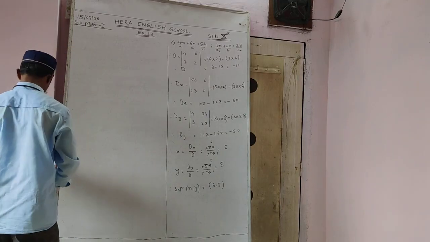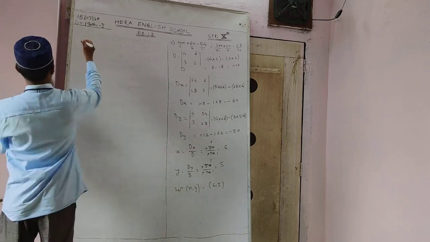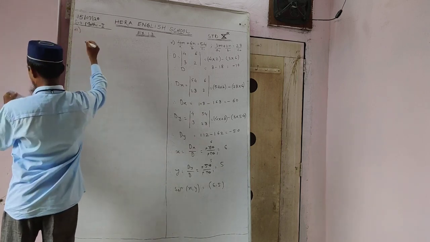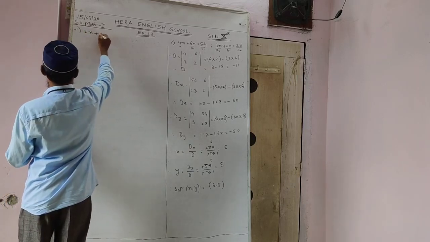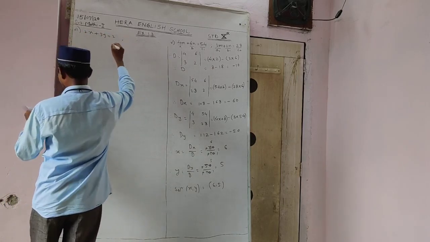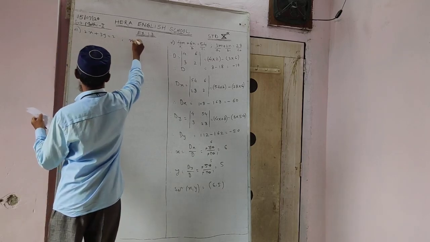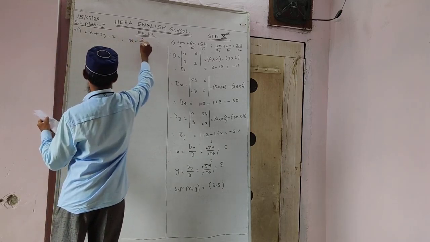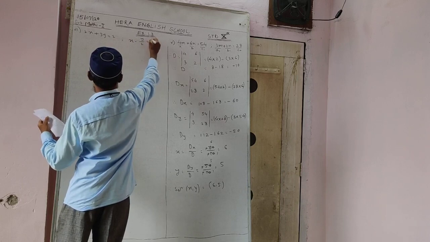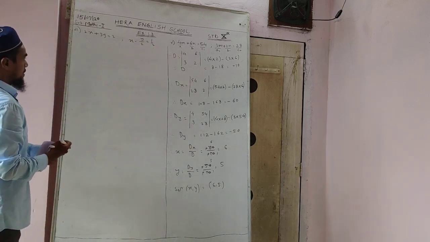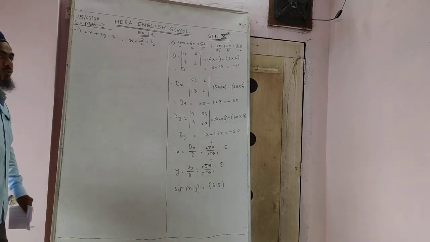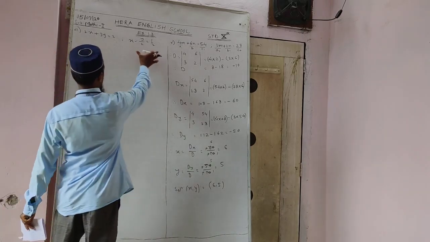See the last question. Here we have 6-1. 2x plus 3y is equal to 2. In the second equation we have (x minus y) upon 2 equal to 1 by 2. The first equation we have cleared, 2x plus 3y is equal to 2. Now here we have to manage this equation.